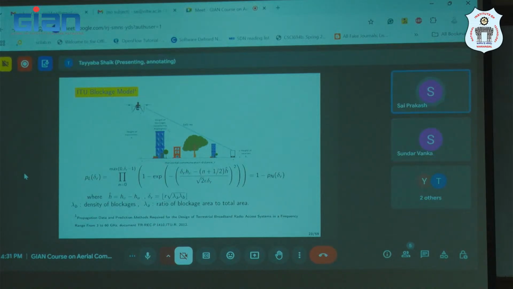Yeah, that is true, sir. That's why I'm saying that if it is Nakagami, we can tune the parameter either this way or that way. Exactly. So this Nakagami parameter that you're talking about should be a function of the density of blockages, which is the density of buildings basically. And in some sense, blockage to total area is something like the width of the buildings. Yeah, that means that we should have a perfect channel feedback which tells what the value of